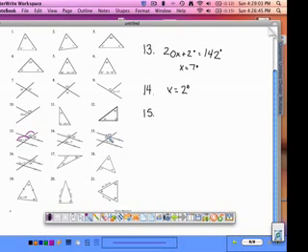In this problem, 128 degrees corresponds to this unmarked angle. That means this unmarked angle is also 128 degrees. So 128 degrees and 7x plus 3 form a straight line, straight angle pair, so the sum of those two angles is 180. This means that the equation we can write is 128